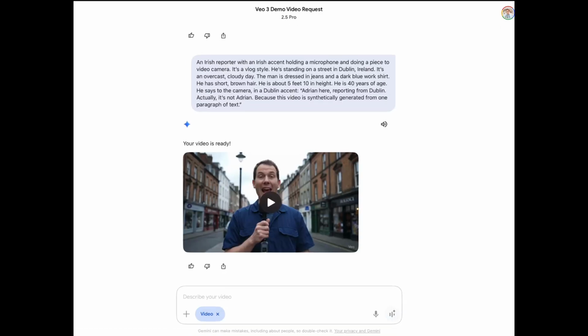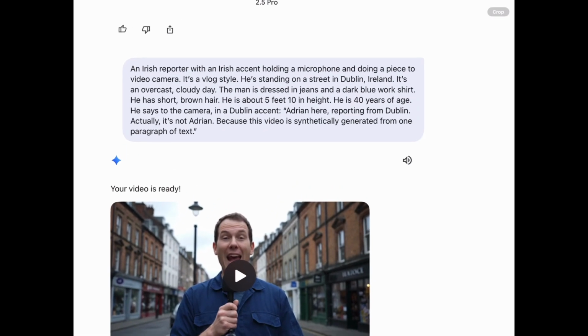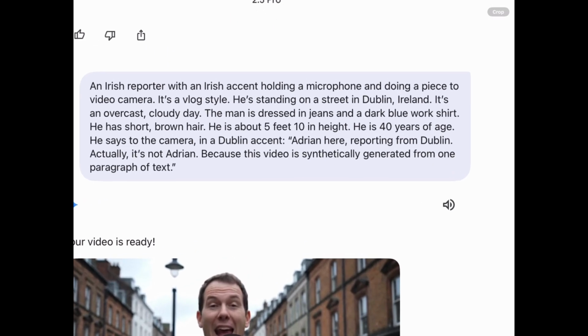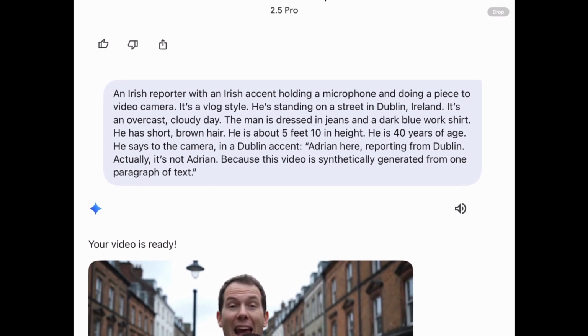Okay, this is the real Adrian, or at least I think it is. We've all become used to ChatGPT or Google Gemini or Anthropic or even Grok to help us write emails or do research at work. But now with the launch of Google's Gemini Veo3, it's just as easy to generate AI videos from a chat box on your phone or your laptop.